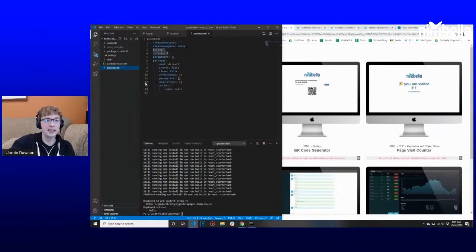Secondly, I got a YAML file outside of the web and packages folder, just in the main base folder. What I like to do in the package folder is put in a bucket strip 1. That's just setting up, saying, hey, we got a React app and I want to create a bucket. And a bucket is essentially